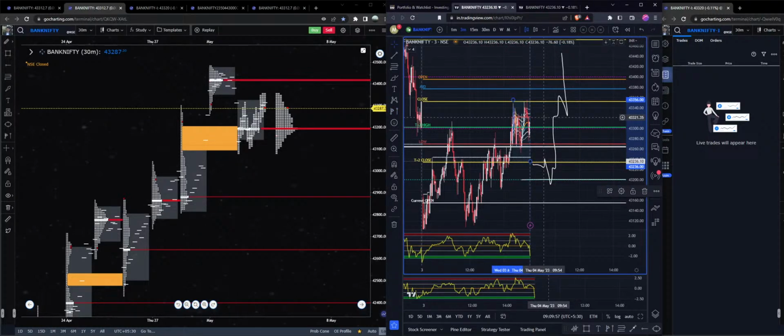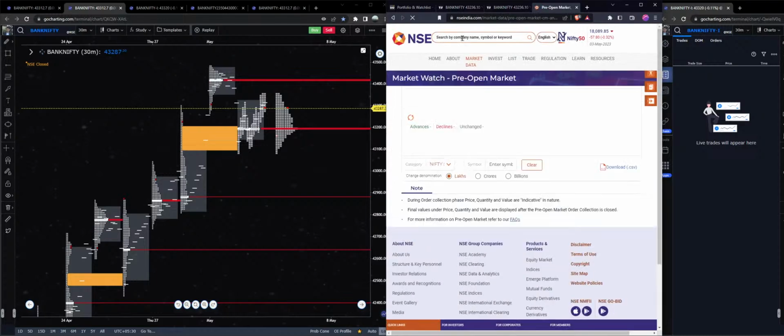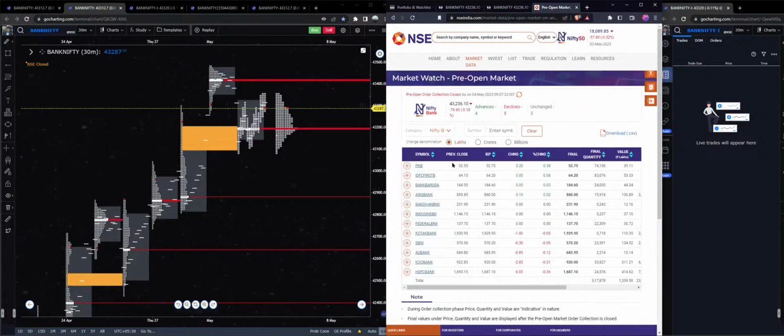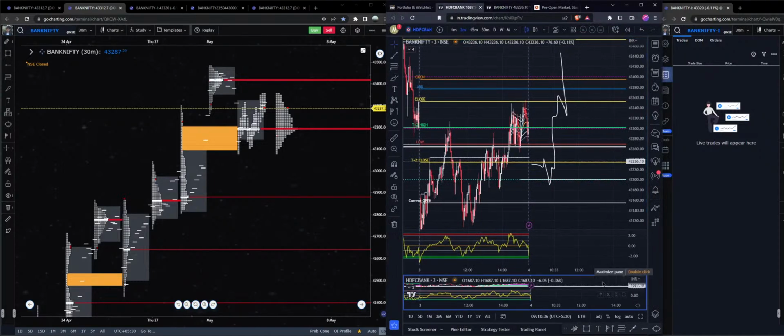One way which I'll look at is, let me just draw. The cost basis is 43,321. Okay, I'll just delete this. First of all, I'm looking for responsive buying. So let's see, and let me just go to the NSE's website. So 43,236, 76 points, and where is HDFC? HDFC is opening flat, not flat, but 6 points lower. So if I just look at HDFC now,